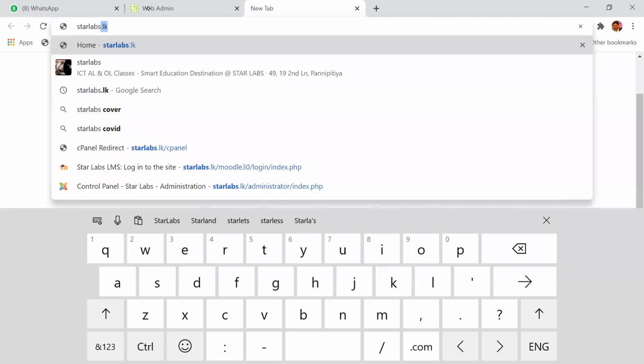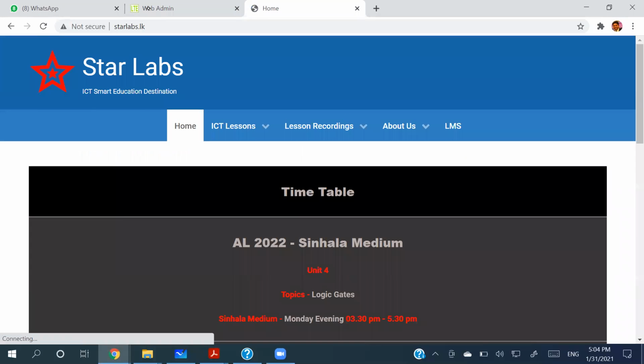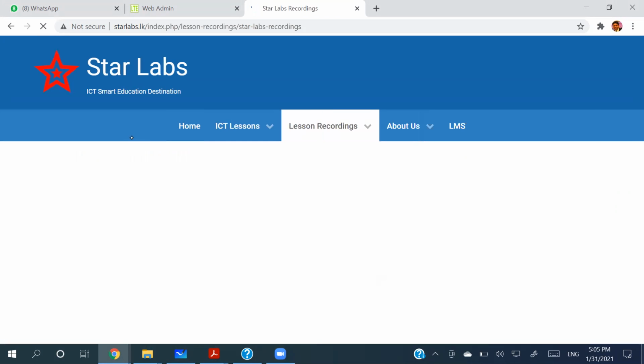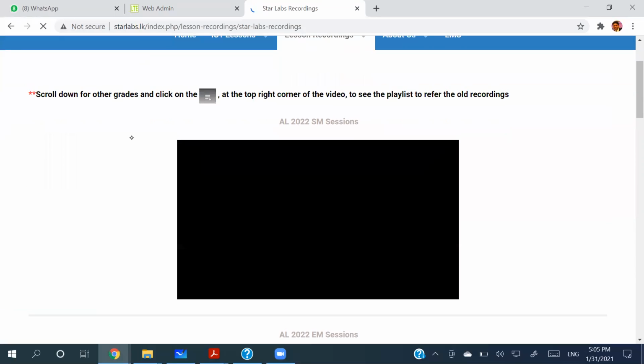Right, so it's starlabs.lk. When you visit that website, which is maintained by me, you can find the menu called lesson recording. Under lesson recording there are many types of recordings. You have to choose Starlabs recording, and once you choose it, there will be